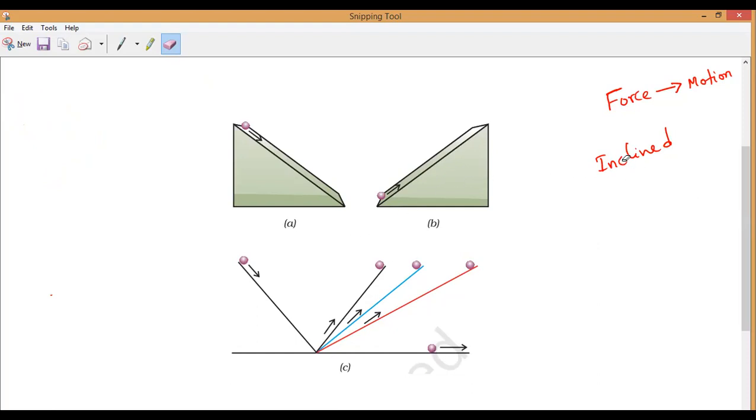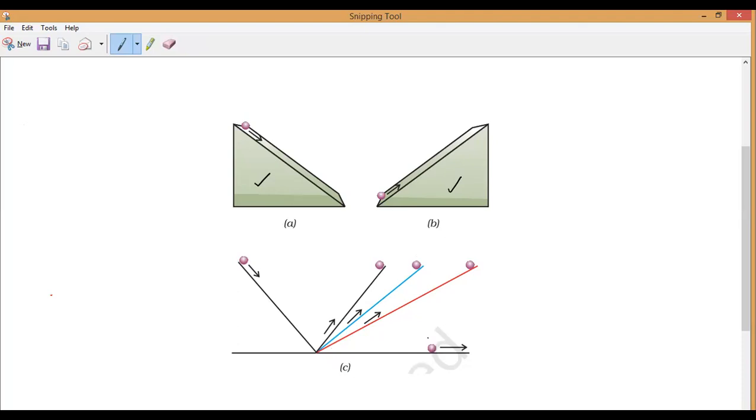Now, let us come to today's experiment, Galileo's experiment. Next chapter, one more experiment we'll study, that is another experiment. Here, Galileo observed this plane. Is this a plane surface or an inclined surface? Inclined surface, and this is also another inclined surface, and this is a double inclined surface. So it is coming and going like this.